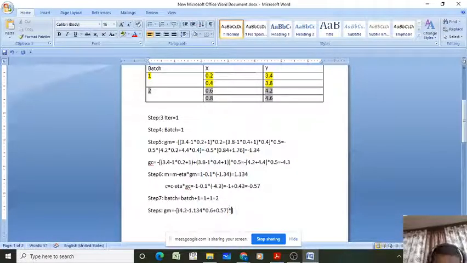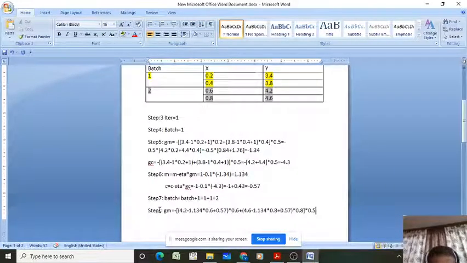Multiplied by 0.6, plus, I can open and close the brackets, plus 4.6 minus 1.134 into 0.8 plus 0.5 multiplied by 0.6, divided by 2, that means into 0.5, right?